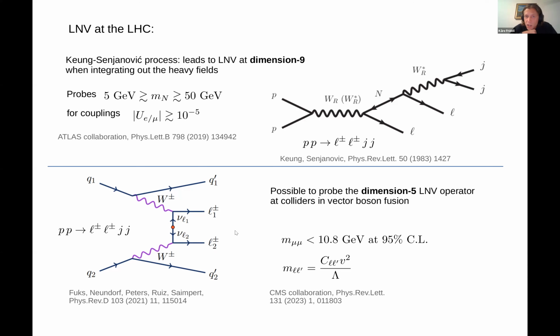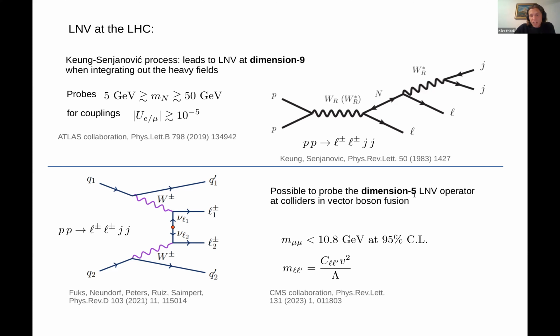And the CMS collaboration did a dedicated analysis for this type of search, where they constrained the mu-mu component of the neutrino mass matrix in the flavor basis. They constrained this to be less than 10.8 GeV, which compared to the Cathrine bound might not look so impressive, but it can be considered a completely separate bound from the Cathrine one, because this is for the mu-mu component, not the electron row, which is what they see at Cathrine. And for it to be mu, of course, the final state leptons have to be muons, both of them.